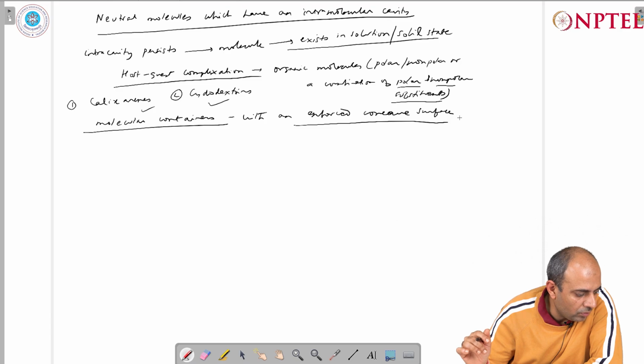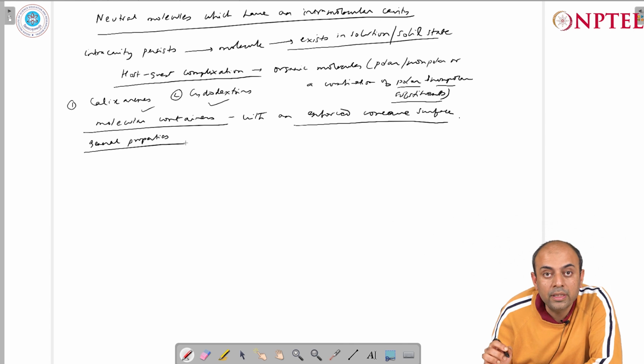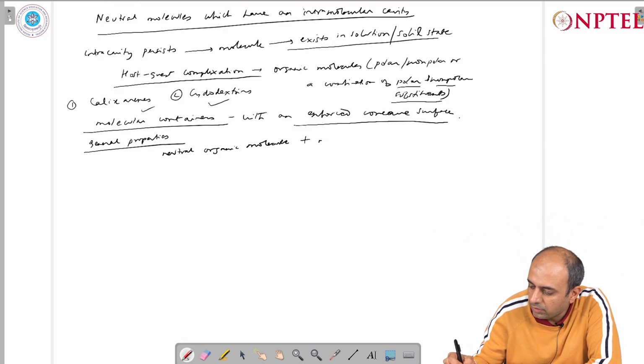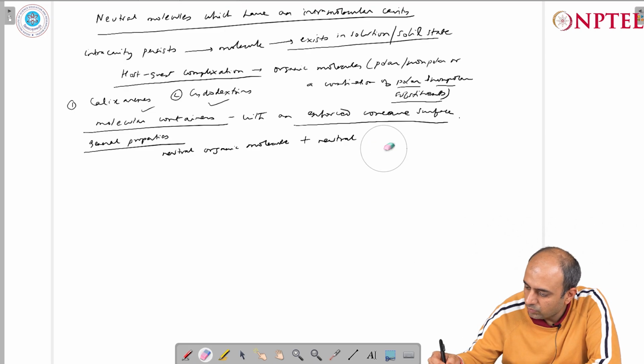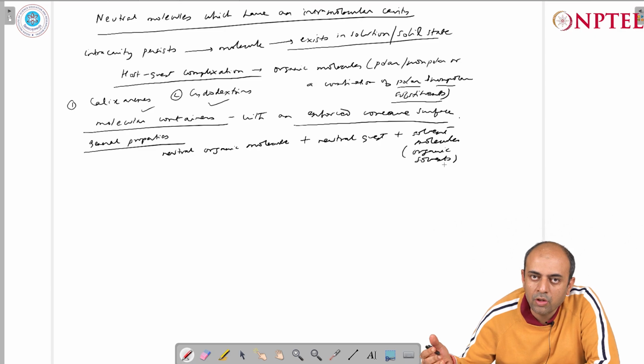And there are some general properties which are associated with host-guest complexation, because now we have got a neutral organic molecule which is going to interact with a neutral guest in the presence of solvent molecules which are also organic solvents, which can be either benzene, or methanol, or chloroform, and so on and so